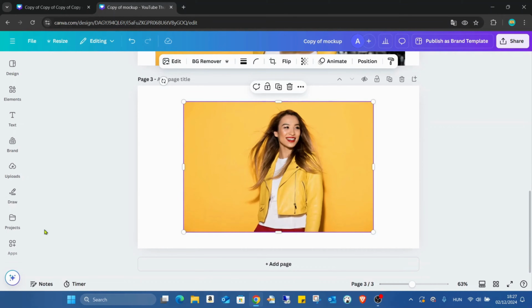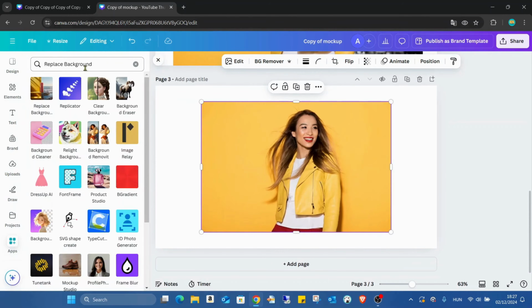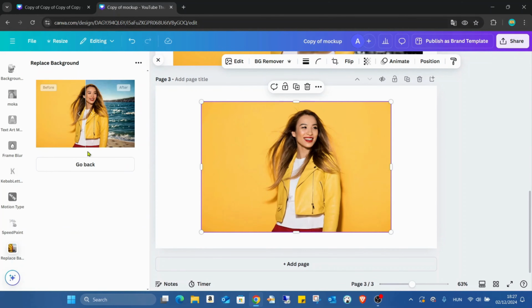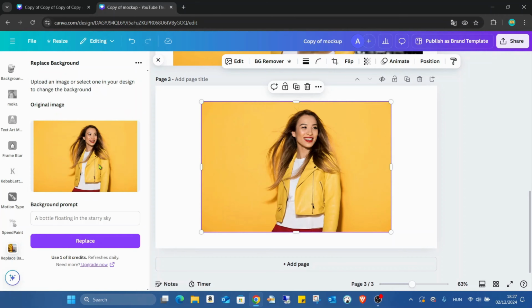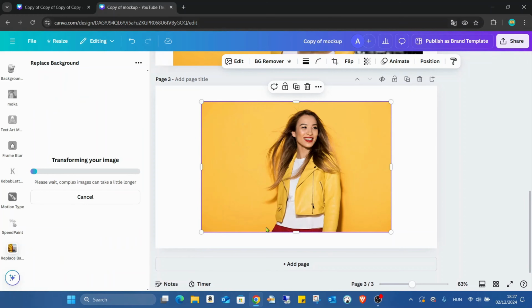We're just selecting the image and going into the apps, searching for Replace Background. Just click on it, and we just have to type here, nice sunny seaside, and click on Replace, and the system will generate the